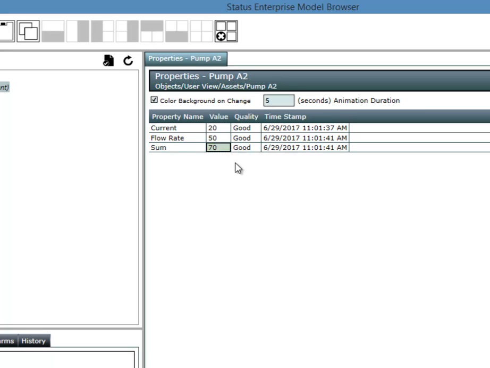The Status Model browser will also update if the information is coming from a device like a PLC. For further information, please refer to the documentation for the Data Model